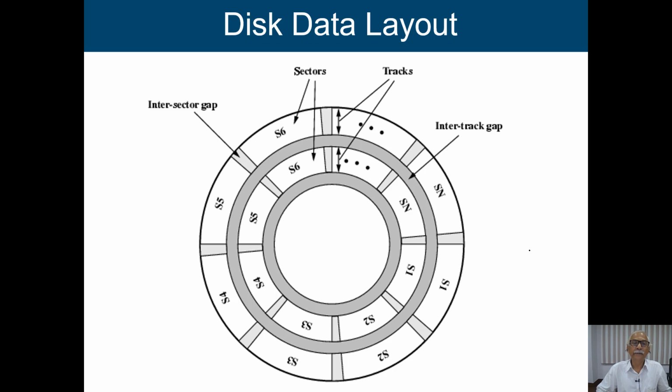So this is whatever I have drawn over there. Now you can see these things. So this is circular in nature. So what will happen? These are track 1, track 2 like that, and this is the inter-track gap. Okay, and now it is divided into several sectors. Say this is sector 1, sector 2 like that. So we are using the same information, that block size is the same.